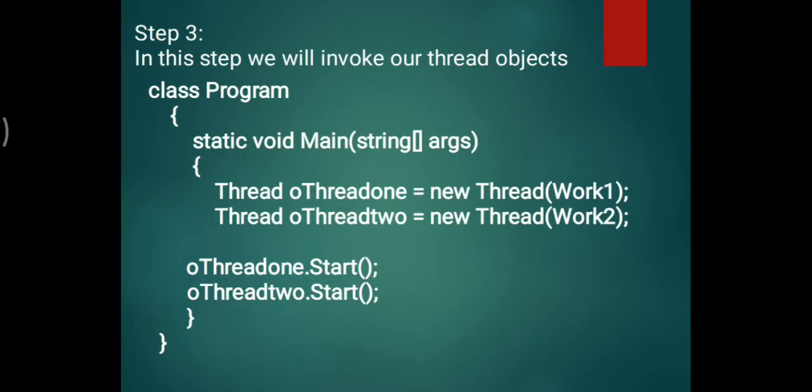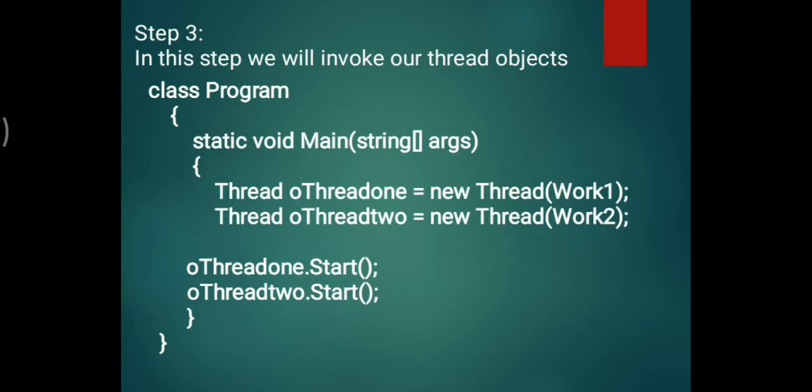Okay, step 3. After creating a thread object, we need to invoke, that is, call the thread object to run the program, to run the thread, or to run multiple processes. Likewise, thread object name equals new Thread of work1. Now the thread object is created. In the previous slide, it was clearly displayed. After the third line, thread1 is an object name, dot Start. This is the function Thread.Start. We need to start the thread.